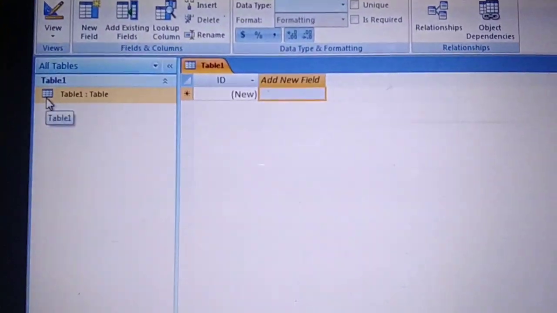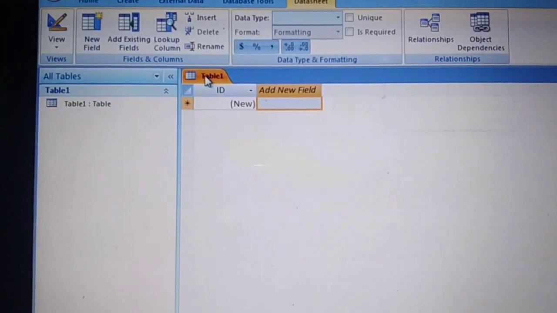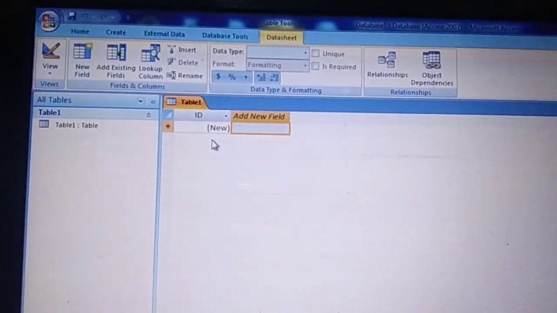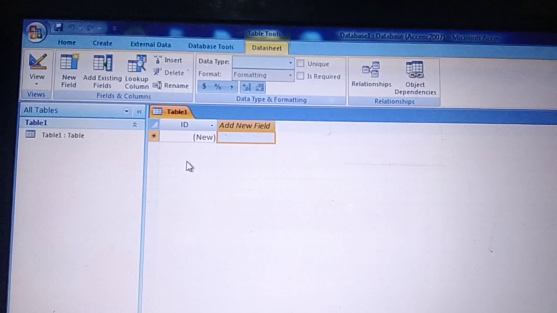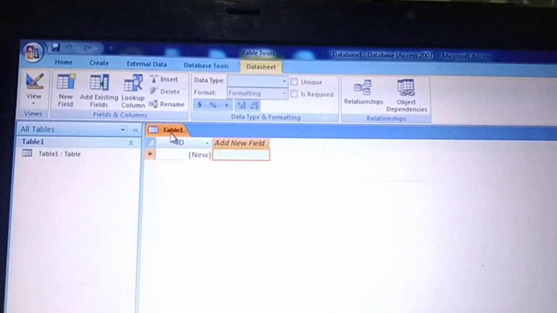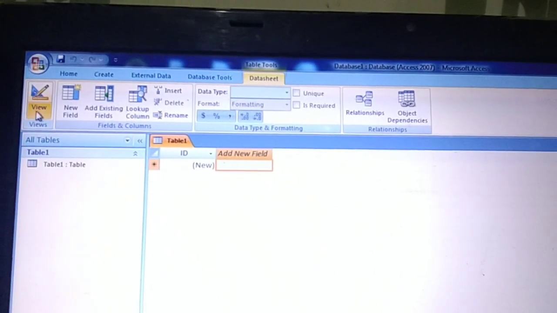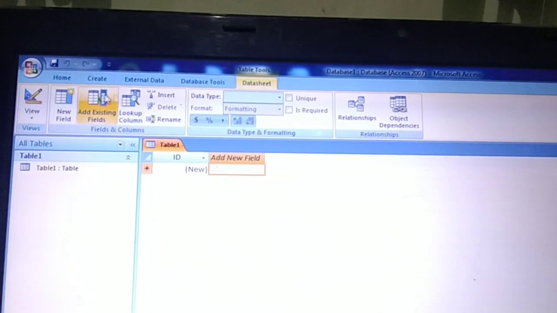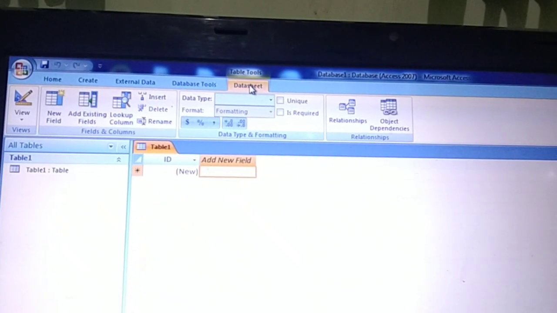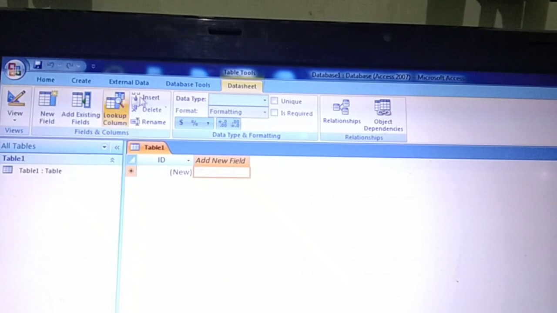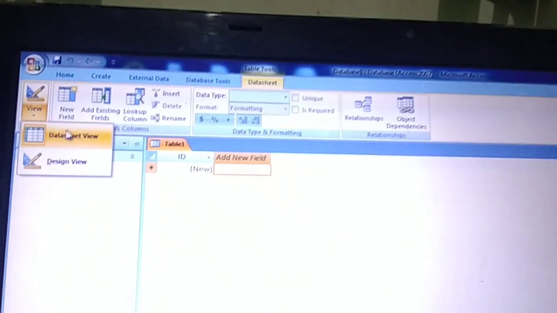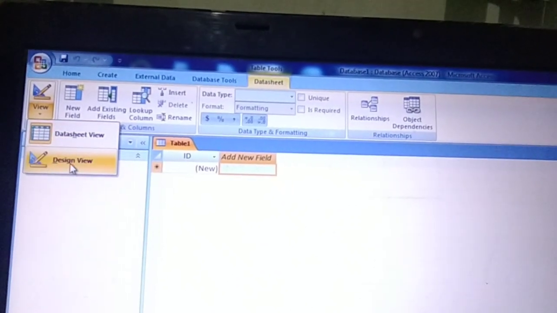Now out of this you can see this is the table. This is the first table which is appearing right now on my screen. This is the default one, but we have not yet designed the table. So what we will do, we will design the table. To design the table, you can go to this view option in the ribbon. Go to the database tab, and the database ribbon will appear over here, and then from here you can select either datasheet view or design view.